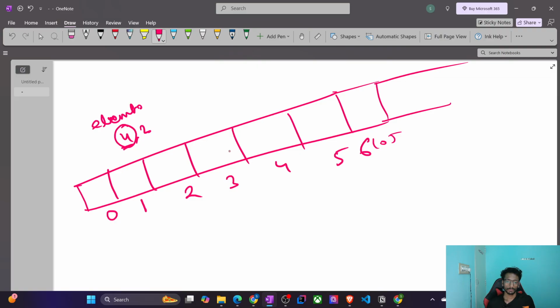First, it will be divisible by 4. Yes, so the index stored will be 0, because the position of 4 is 0. Next, it will be divisible by 8. Right, 8 is divisible by 4. So the value stored at 8 will be 0, because if you want to find which element in the elements array is divisible by 8,